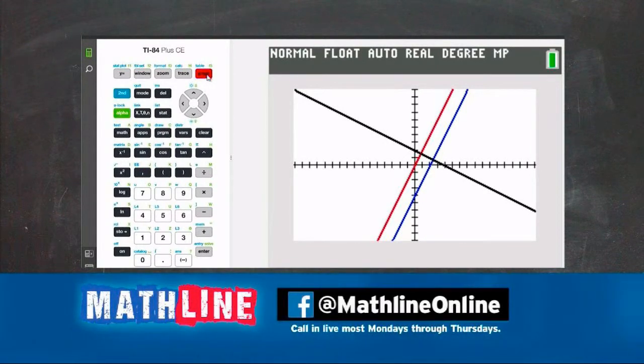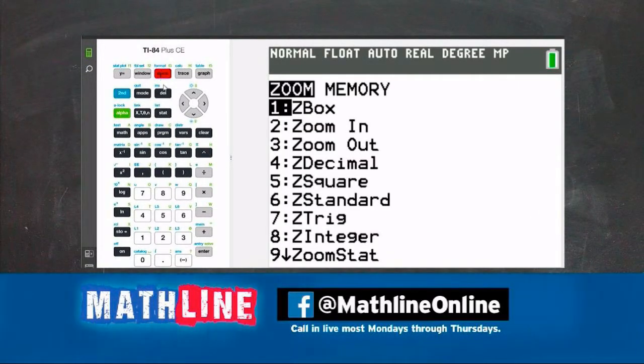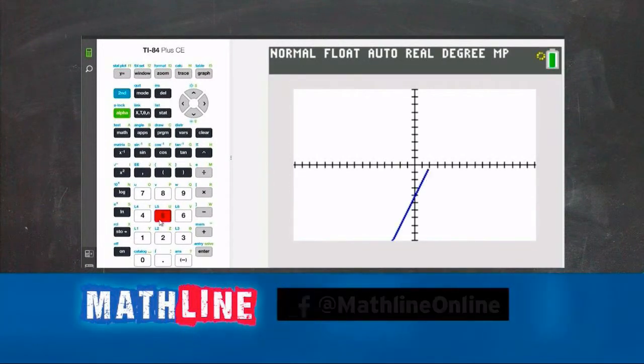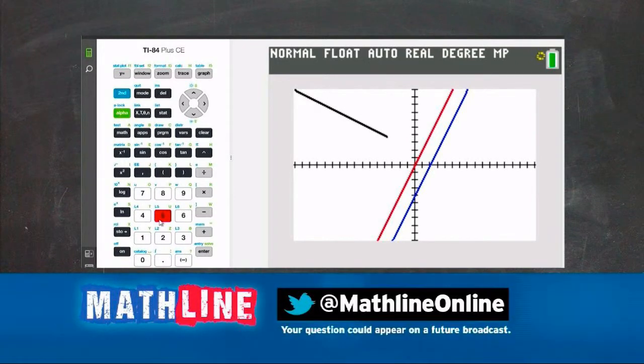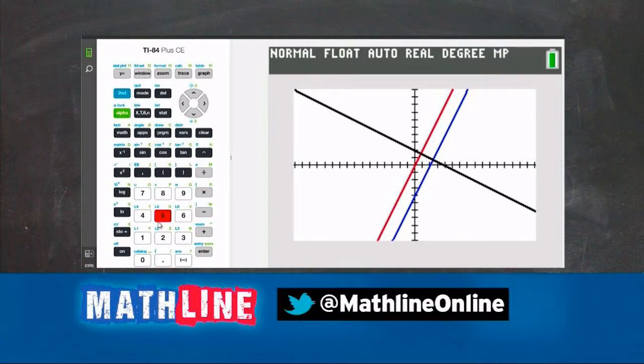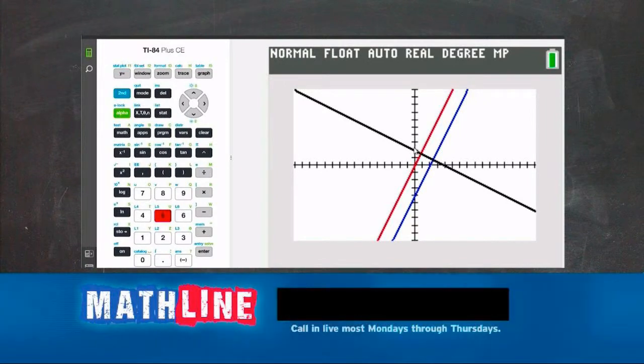And if we are on a zoom 5, and I believe we are, you say, what? Go to your zoom key right there. You see where I got it highlighted in red for you. And we zoom 5, which is a square. That will allow us to have the lines really look perpendicular. Otherwise, it's a little distorted because it's a rectangular screen and it tries to fit it, but this is the way you can get it to square out if you really want to see that nice right angle business right there. Look at those, beautiful perpendicular.